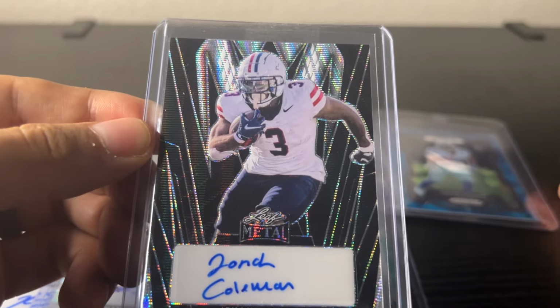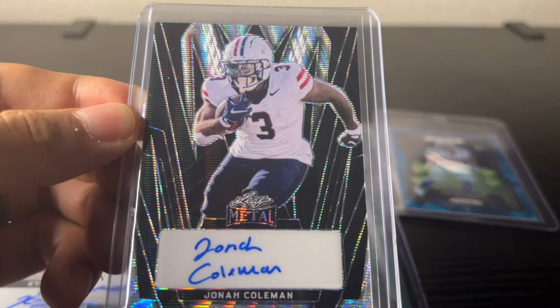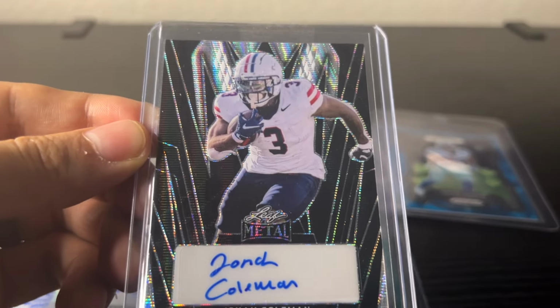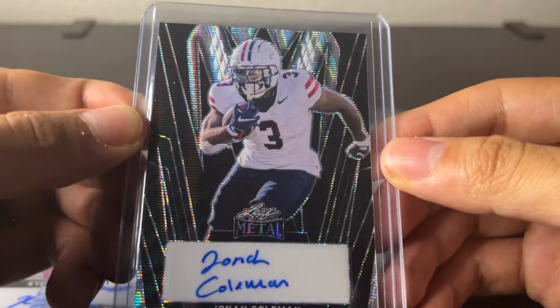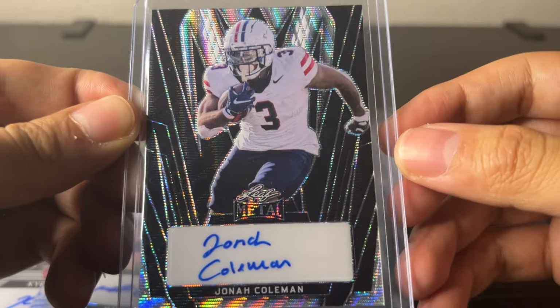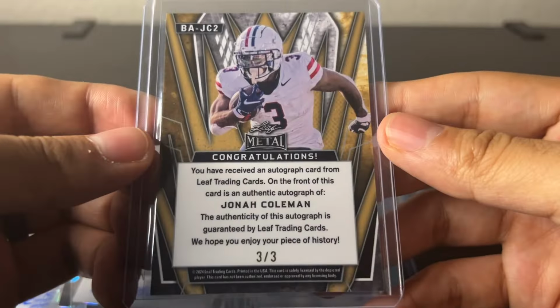He unfortunately followed Scotty Graham, the running backs coach, to UW. Aside from Noah and Tetroa, he's like the next guy where I'm like, you've got to hold him. Unfortunately, he left, but man, I wish him the best. He is my favorite player for sure. Wish I could still collect him with the same joy of him being at Arizona, but really, really good